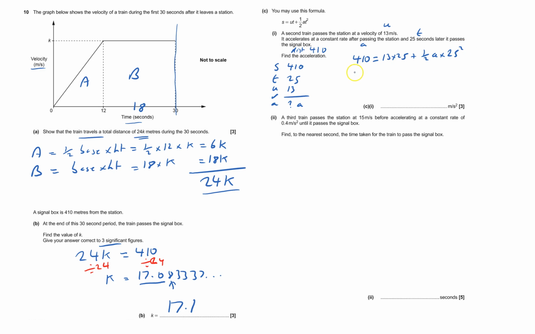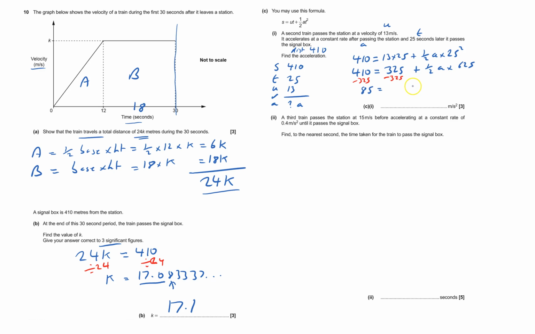So what I would do is just work out some of these. 13 times 25 is 325, plus a half A times 625. And what I'm going to do is do it in a few steps. There's probably lots of shortcuts, but it's the way I'll do it. I'm going to take away 325 from both sides to start with, and that will leave me that 85 equals